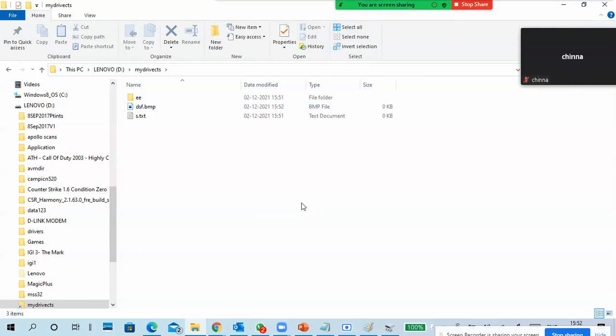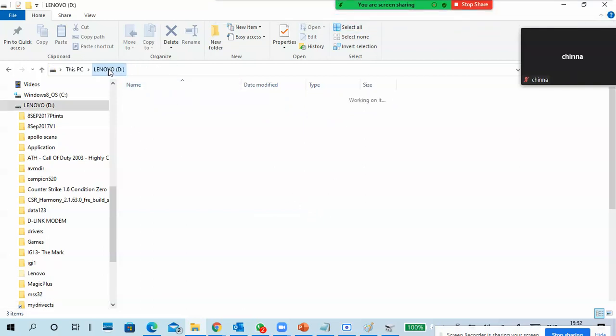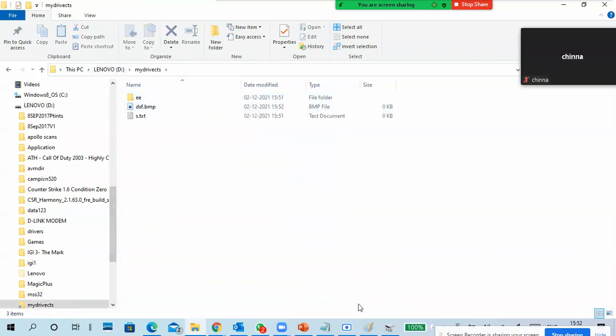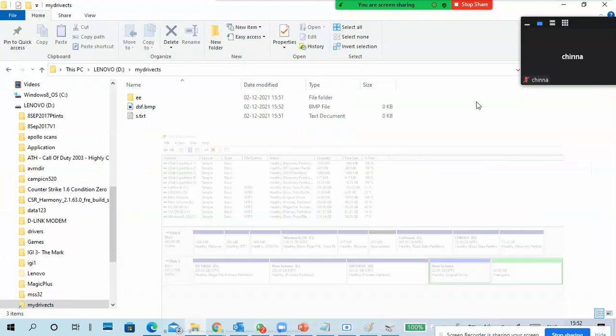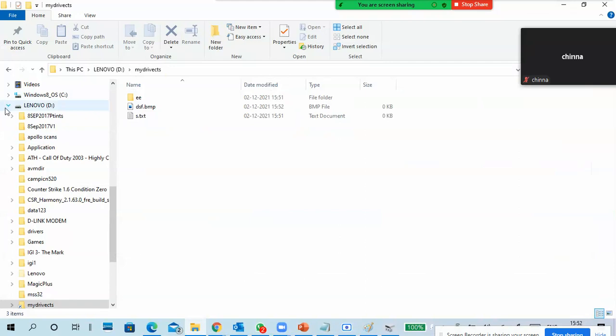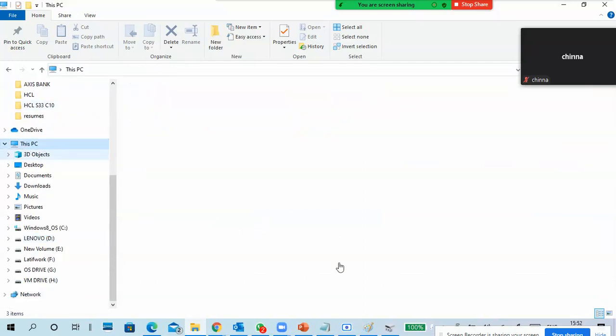The data is stored in this particular drive, because it is linked here.